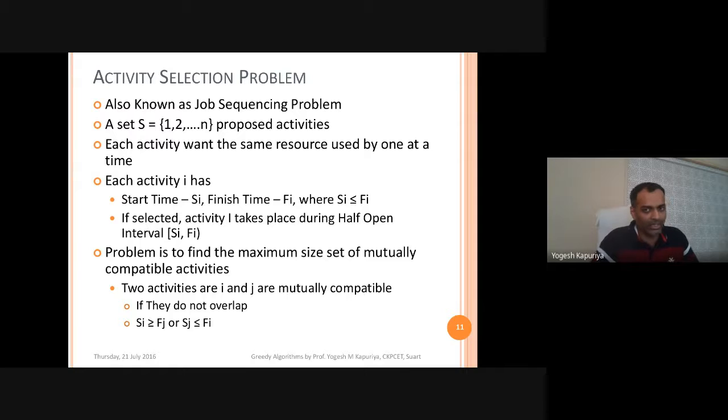Now the problem is you have been given a series of such activities with the start time and finish time of each activity. You have to find a maximum size set. Maximum size set means that after you execute the entire algorithm, the total number of activities has to be maximized.